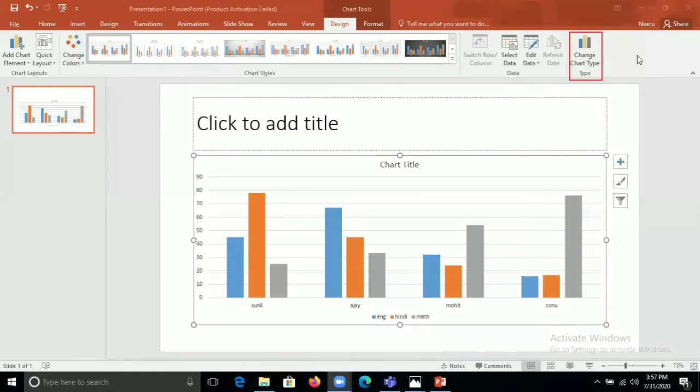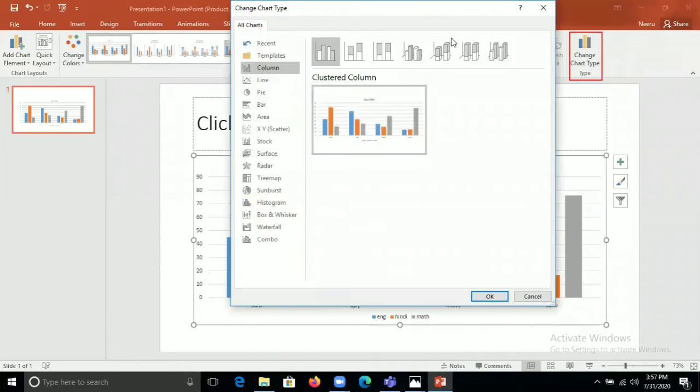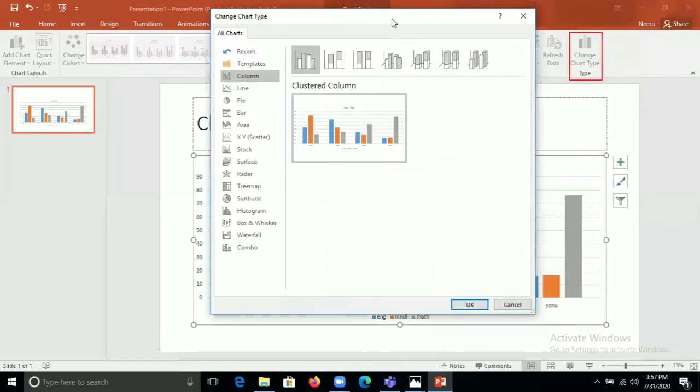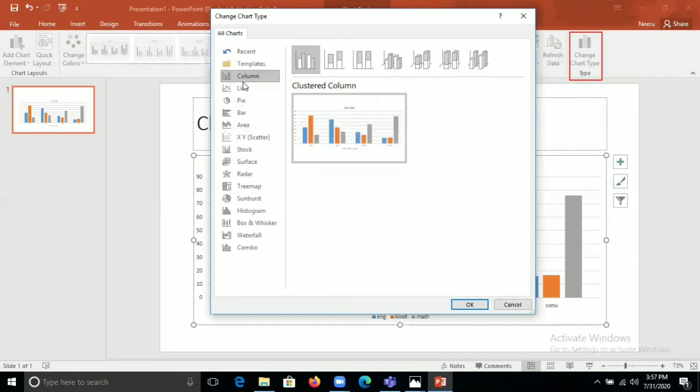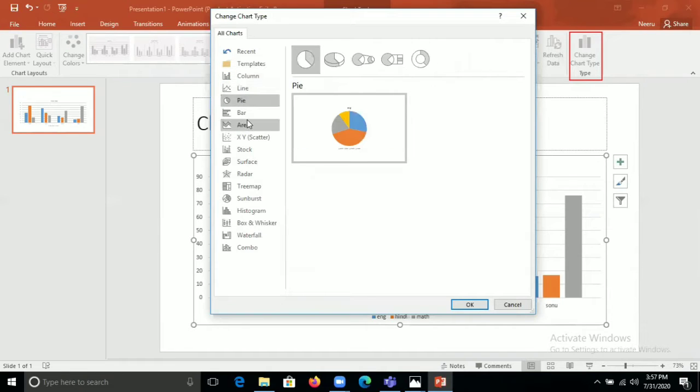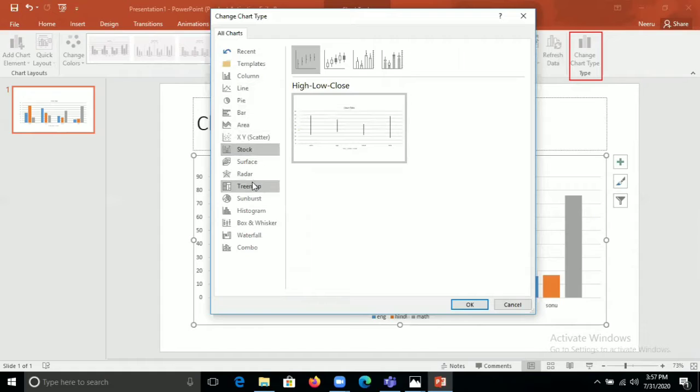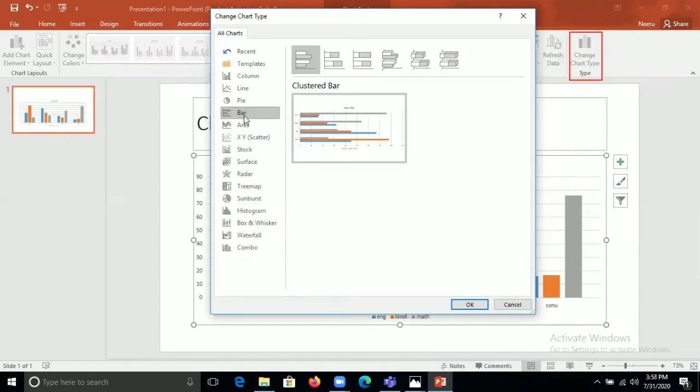Firstly, we will click on it. When we click on it, one dialog box will appear, change chart type, and it contains many types of chart: column chart, line chart, pie chart. Which chart you want to take, just select that chart.